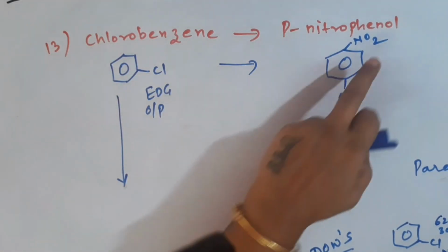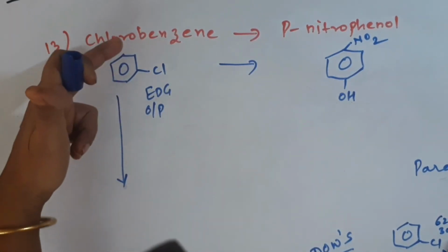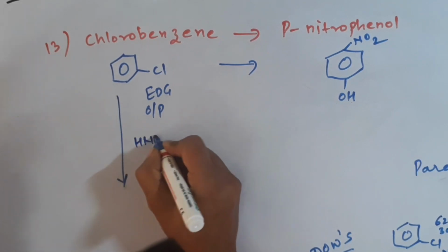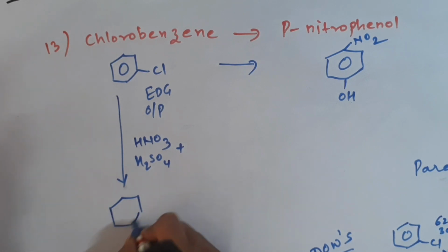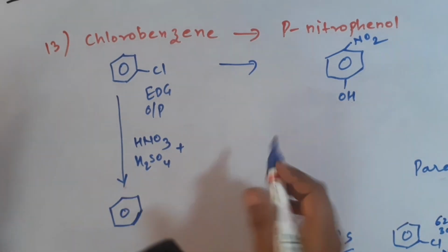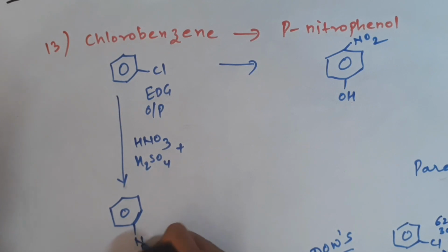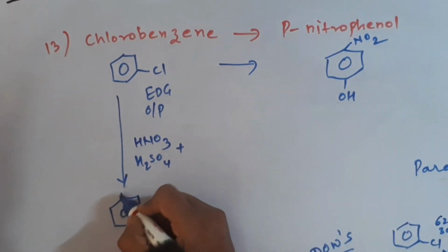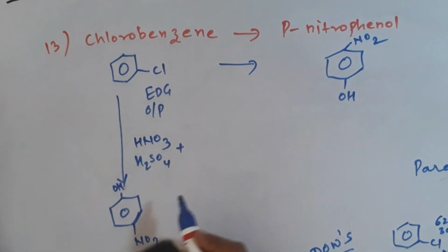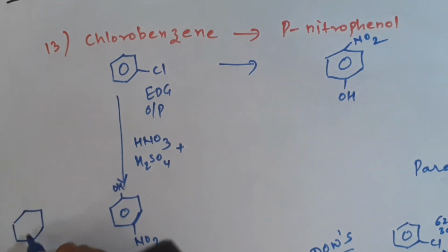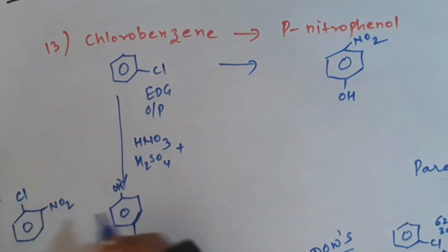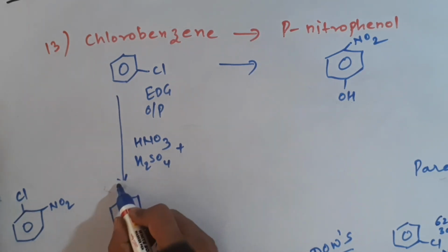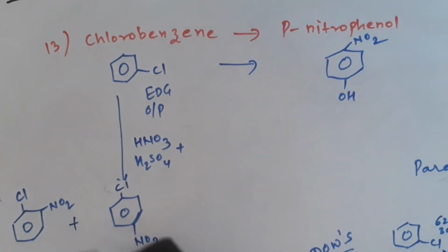But now what is our task? To add NO2. How to add NO2? Nitrating mixture, concentrated HNO3 plus H2SO4. We will get two products, ortho product and para product. We will write para only in the exam, because that is what is asked here. But if you want, you may write ortho also. If some children ask why we are not writing all the products, let's write all the products. Sorry, I must write Cl here. So this is 2-nitrochlorobenzene and this is 4-nitrochlorobenzene, minor, major.